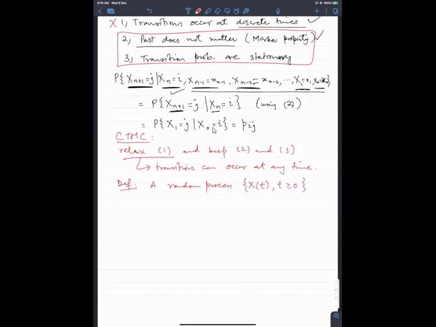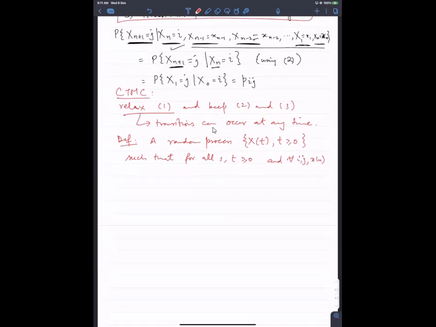This is the definition of the continuous time Markov chain. A random process X of t, t greater than or equal to 0, such that for all s and t greater than or equal to 0, and for all i, j, and x(u), which are all constants,